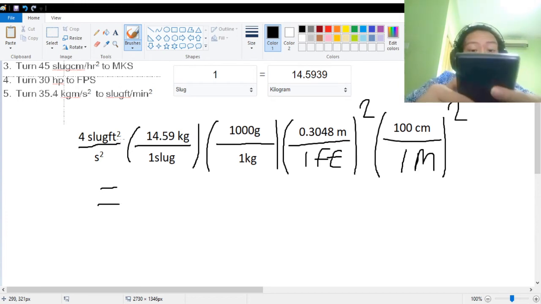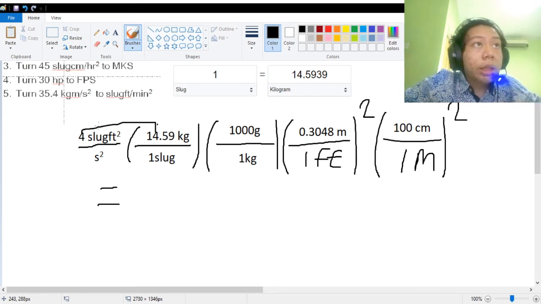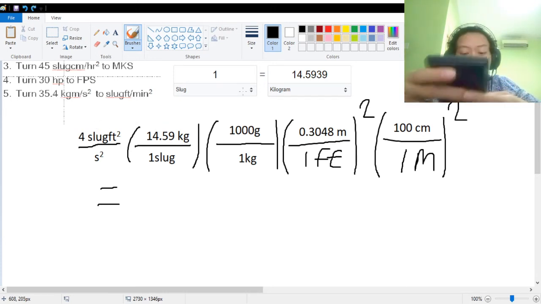And first we need to multiply this 4 times 14.59 times 1000 grams times 0.3048 squared times 100 squared, and it is